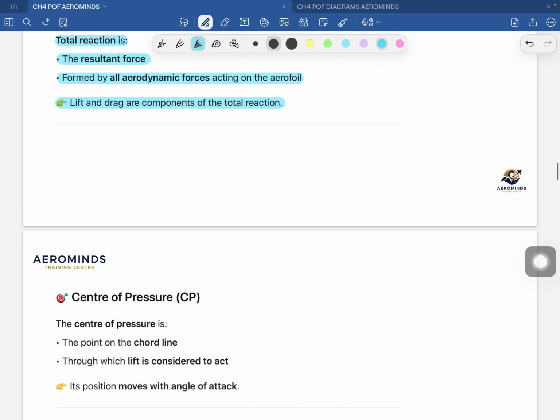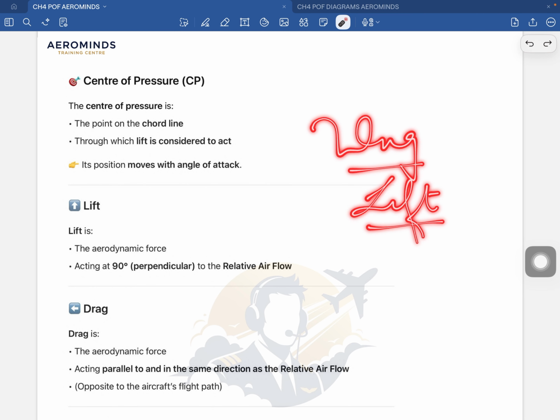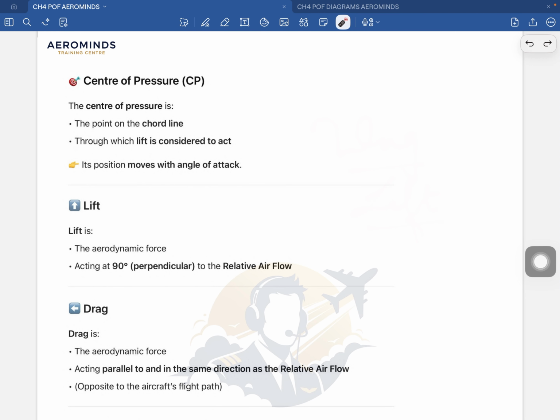Now we'll move to the center of pressure now. So the center of pressure is a point on the chord line. Remember, it is a point on the chord line. It is not a line, it is not an area, it is a point, and this point is the location through which the lift is considered to act. Okay, that means when a wing produces lift, it has to be considered from a point for acting. So we assume that the entire lift force which acts upwards